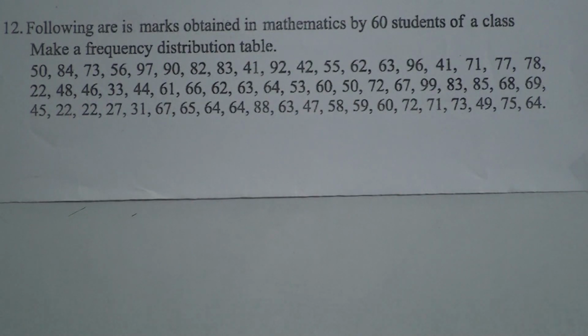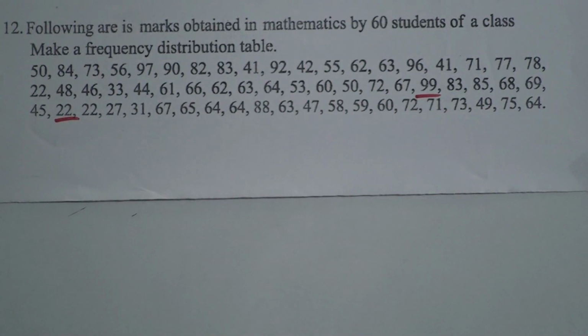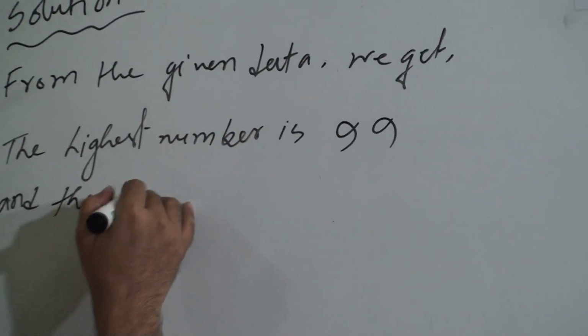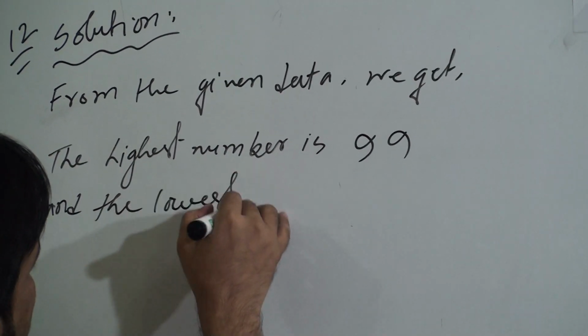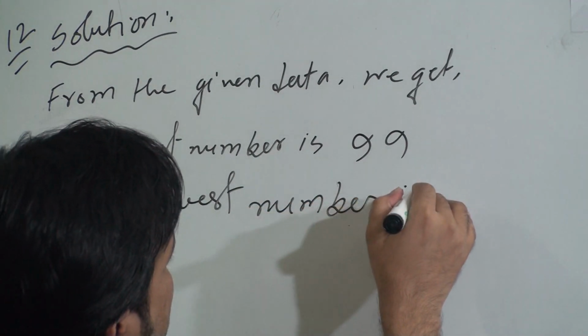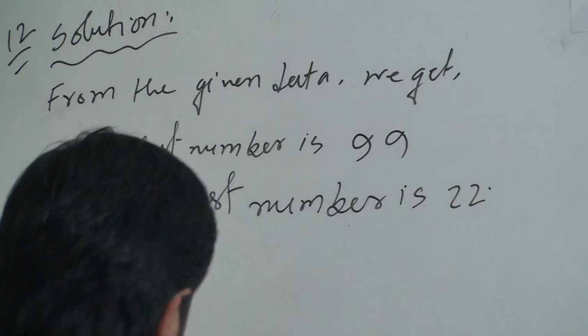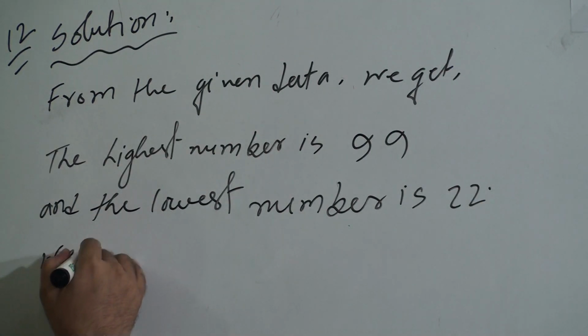Here the highest number is 99, and from this, if you observe here, 22 is the lowest number or the smallest number. So we can write here the highest number is 99 and the lowest number is 22. We obtained from the given data. So we can determine the range now. We know